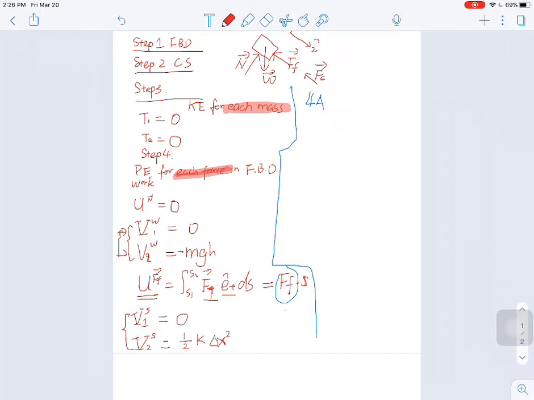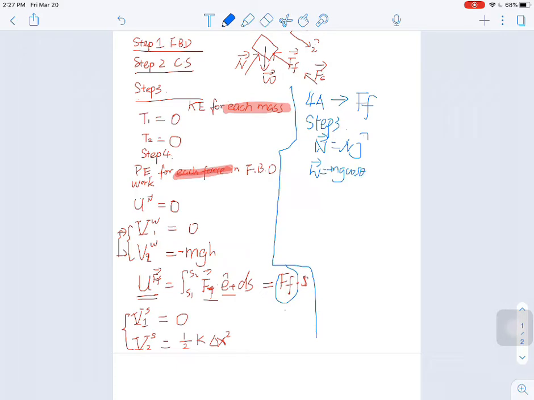Okay, now here we need to use the approach from 4a to solve for FF. So step 3 we learned in 4a is to find all the forces in your free body diagram and write them in vector form, right? And then we can write that down: N equals N j, weight force equals mg